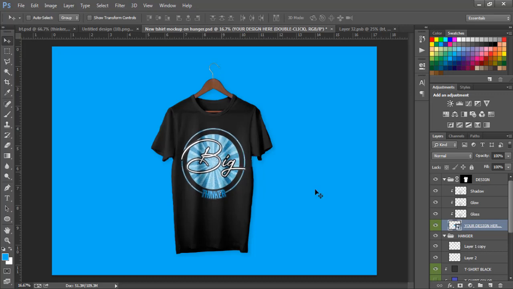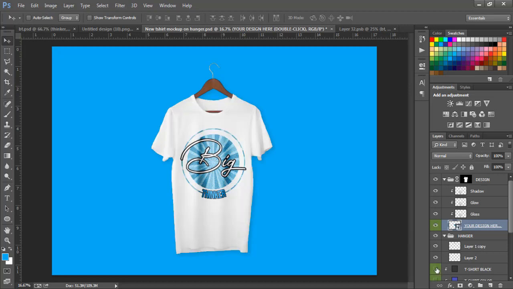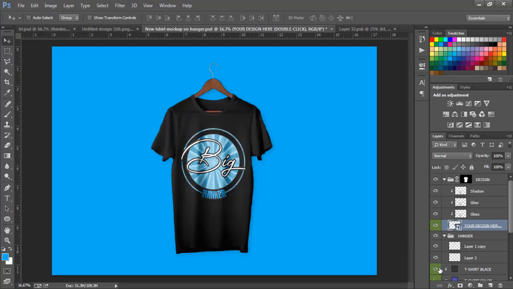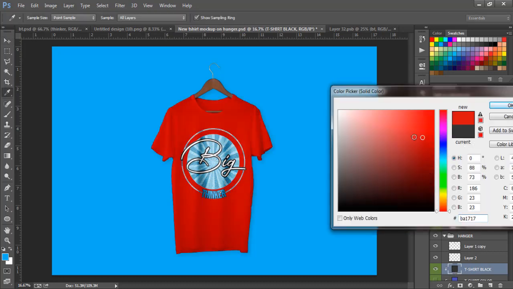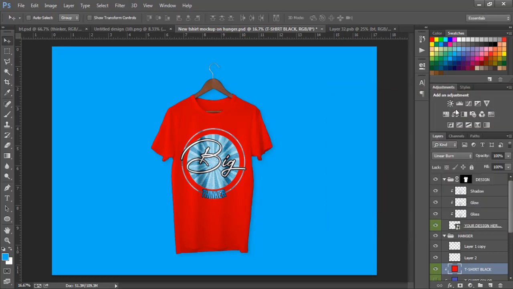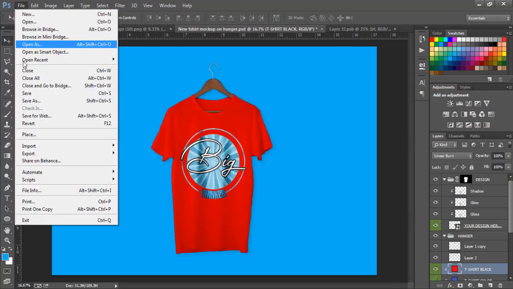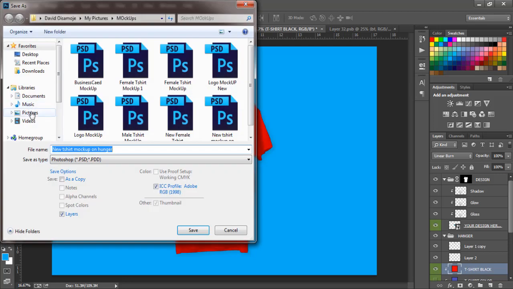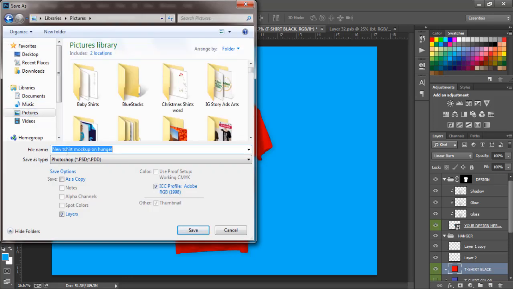Now we can change the color of the shirt. If we click on it, this is white. You can change the color of the shirt to whatever you want it to be. So you just double tap here and move this around, and change it to whatever color you want. With this one, I'll just leave it at this color and I'll save it, press OK, and then file, save as, pictures, BT,